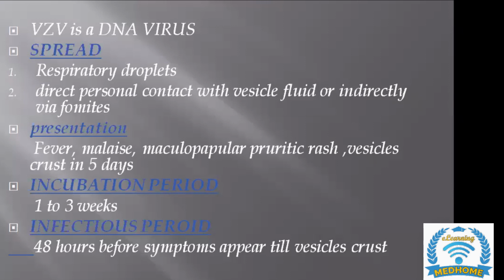And like most viral infections, it presents with fever, flu-like illness, malaise, and rashes, but particular to it, it has a maculopapular pruritic rash. It is very pruritic, and there are water-filled vesicles. This is a typical characteristic of varicella zoster virus or chickenpox. It has an incubation period of 1 to 3 weeks. It's important to write the incubation periods of all infections so that near the exam you can revise all of them.